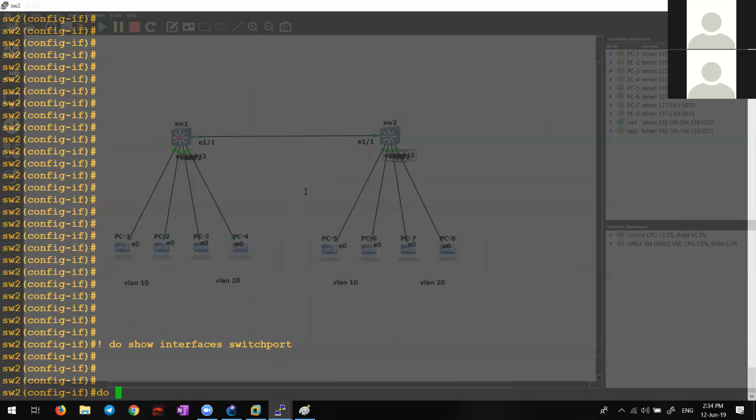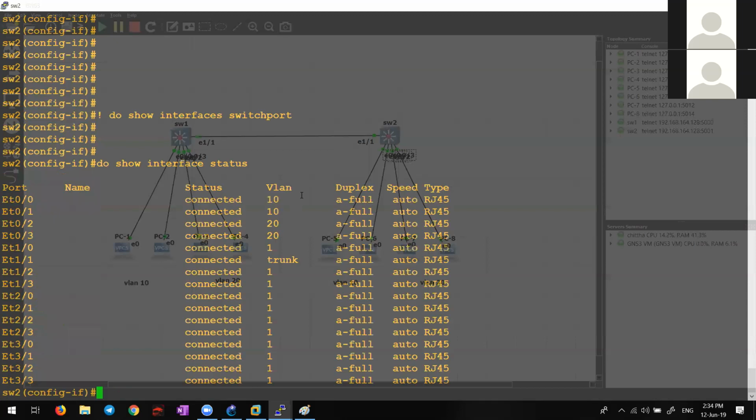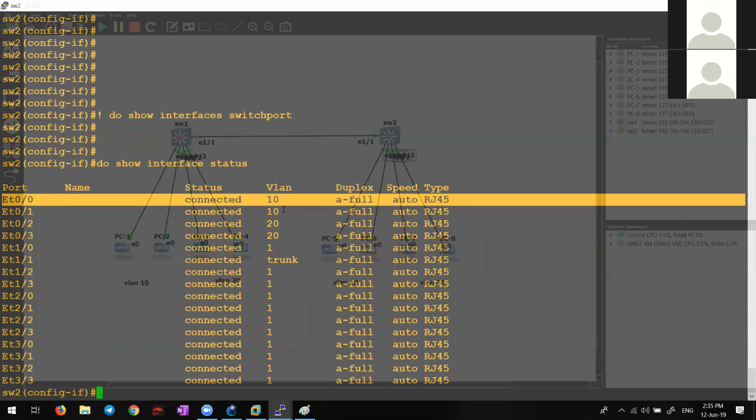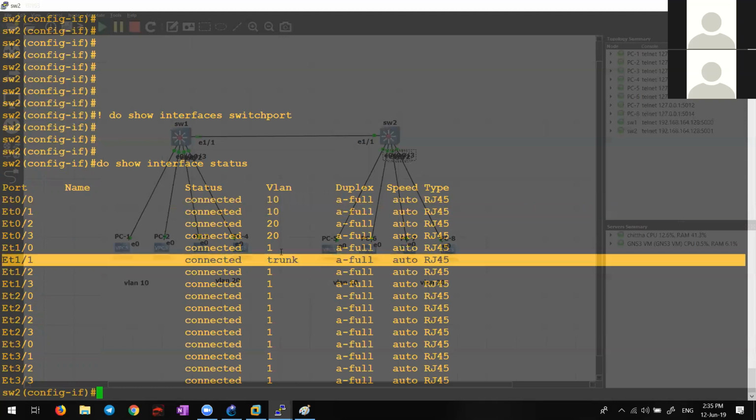Do show interface status. So now you can see which is the trunk interface, which is the VLAN interface. It's actually a very useful command.